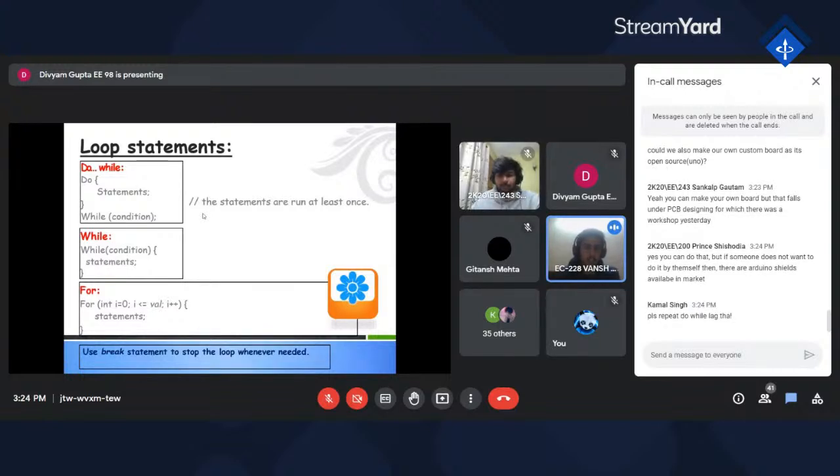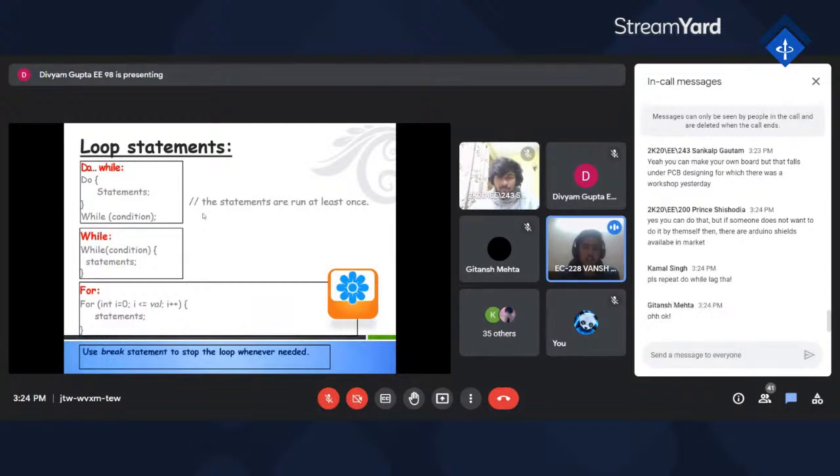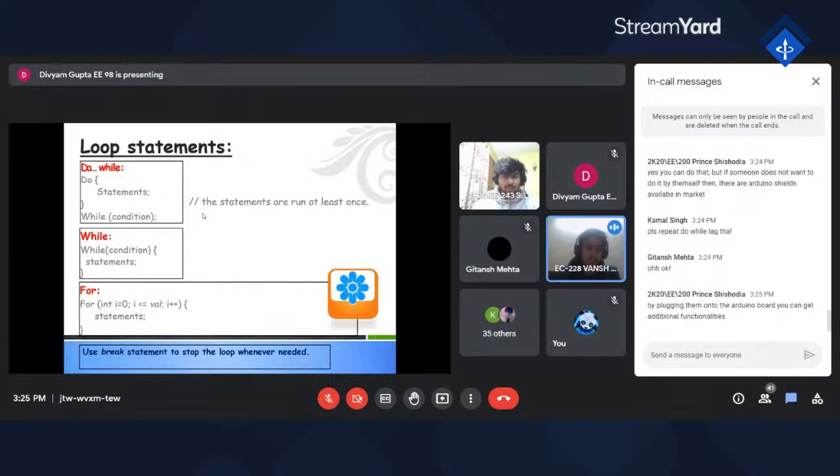If the value of i is less than a particular value, which we assign according to what the code demands, you simply execute the statement, and then you have to increment it by 1, because we have used i++, the increment operator, right? So this is the basic generalized thing.